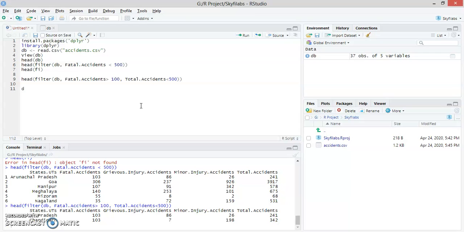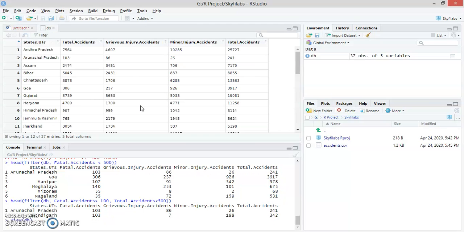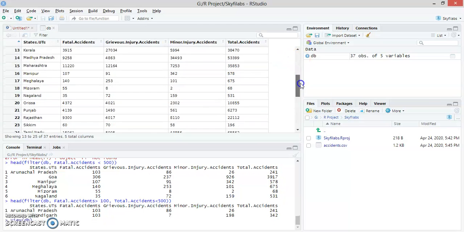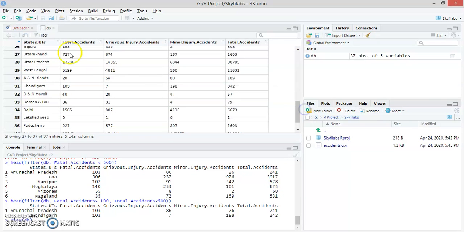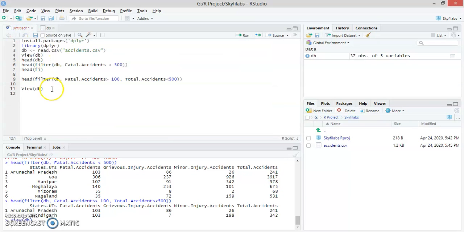So let's view our DB first. View DB. In our DB there are multiple rows. You can see that there are 37 rows. Now we are going to slice our data. For that we are using a variable, let's say df. In this df we are using slice,